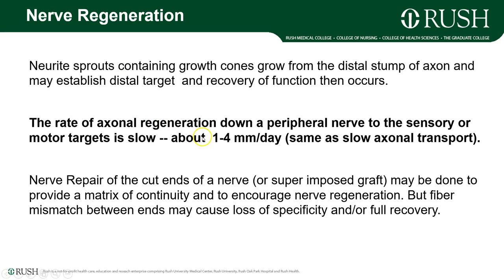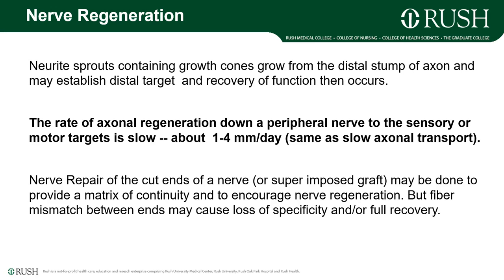The rate is slow, considered to be between 1 to 4 millimeters per day, which is very similar to the axon transport that we saw before, also around 1 to 4 millimeters per day. So you can imagine that the regeneration itself is dependent on how well the material or transport can happen to the end of that